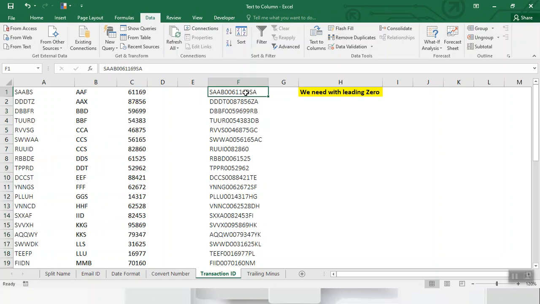Sometimes you may find yourself fixing the number with leading 0. So let's take an example.